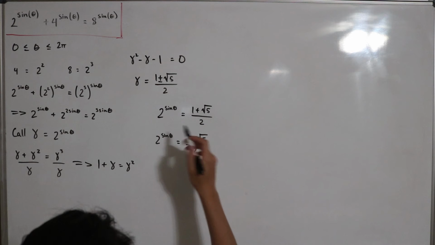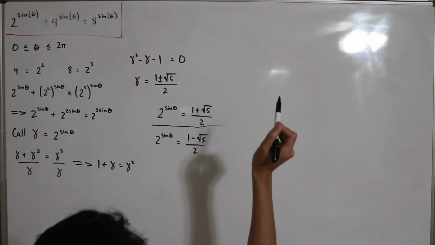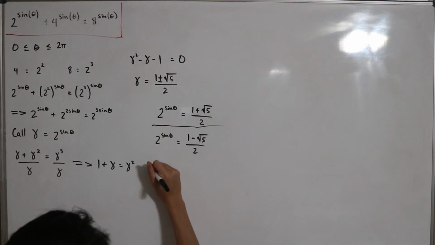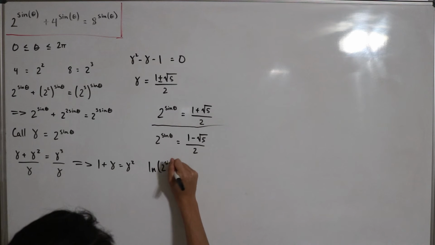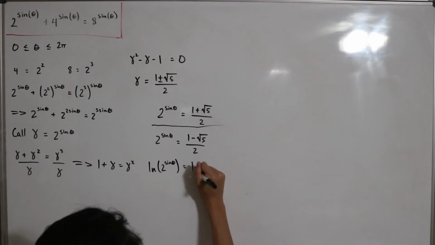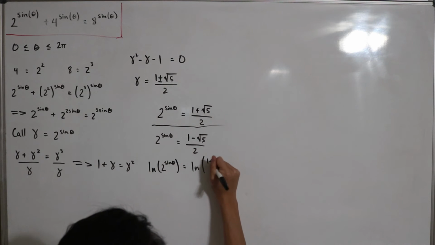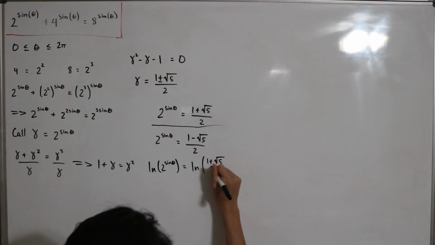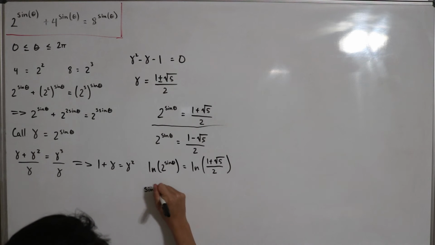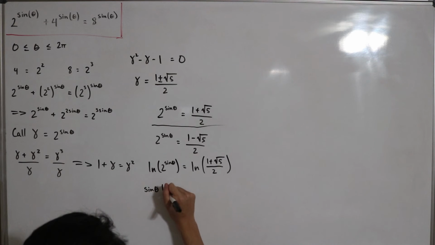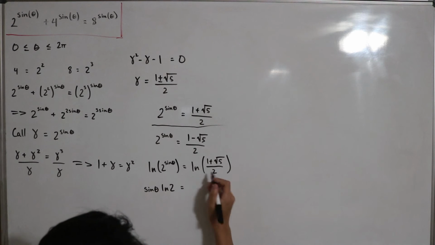All right, so now we're just going to focus on this part here. I'll just have that underlined. So that means I'll take the natural log of 2 to the sine theta, which is equal to the natural log of (1 plus the square root of 5) divided by 2. Of course, then I'll use our rules of natural log, so the exponent goes out to the front. So we have sine theta times ln of 2, and then that's equal to